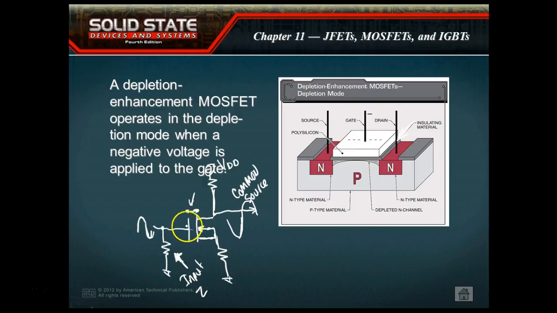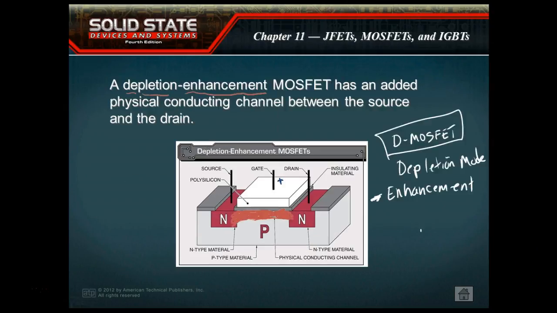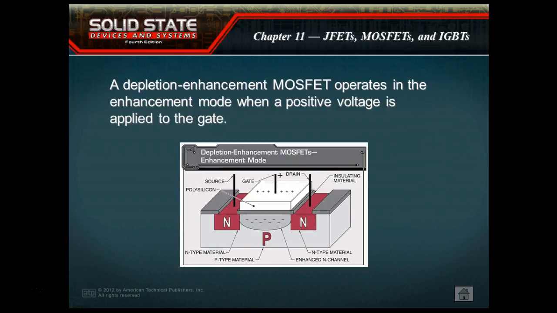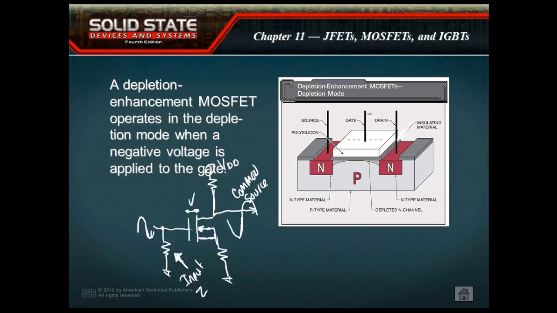This guy here can be used as a nice audio amplifier. This guy, the enhancement mode MOSFET, is used primarily as a switch. The JFET is used for an extremely high input impedance, which means it's not going to load hardly anything down. All these guys have extremely high input impedance, except for the common gate. The common gate has a